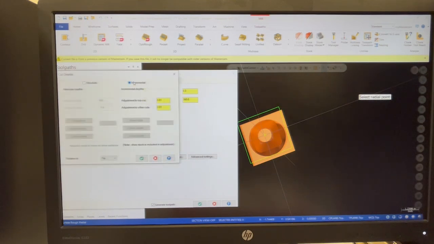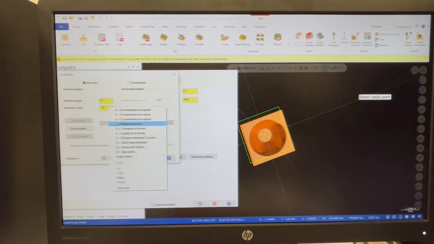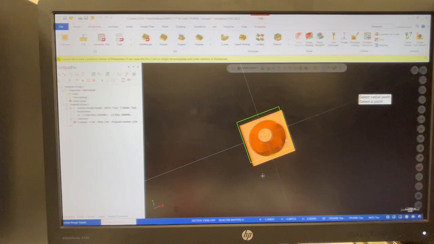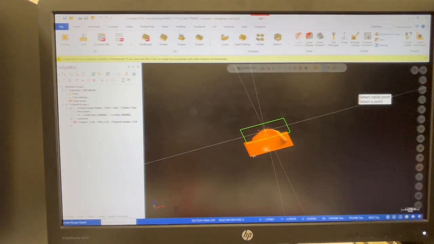This is gonna be incremental, 100,000 each time it's gonna cut. We can go absolute also. In absolute, you gotta say the minimum depth, which is gonna be 0. The maximum depth, if you don't know the maximum depth, you should just right click here, say Z. And that Z, if you want to cut,